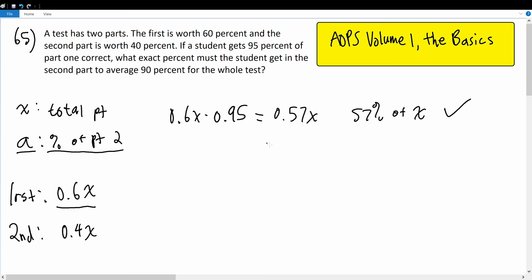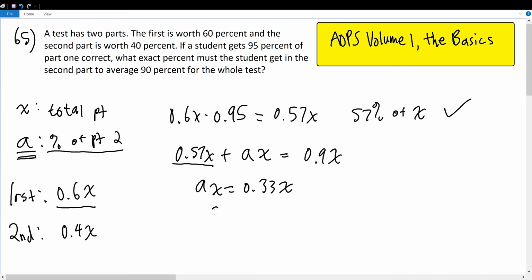And now we just need to find the percentage A of the second part that he needs to get correct at a minimum in order to average 90%. So 0.57x, the total number of points he got correct in the entire test, added to the portion of the second part that he must get correct, A times x, should give us a total of 0.9x. So we must subtract 0.57x on both sides to get Ax equal to 0.33x, hence A is equal